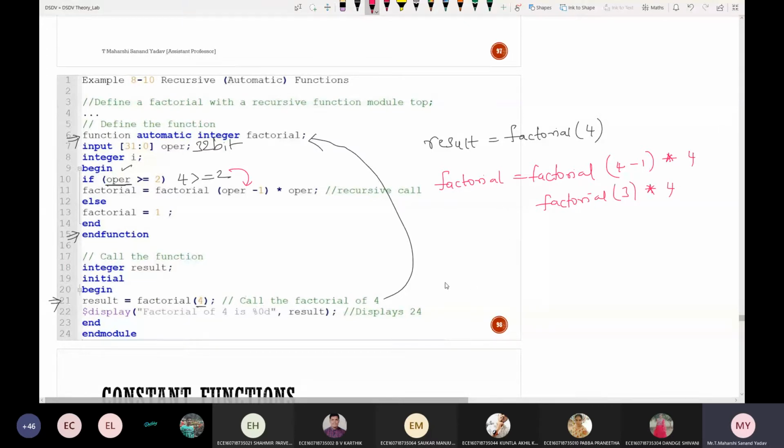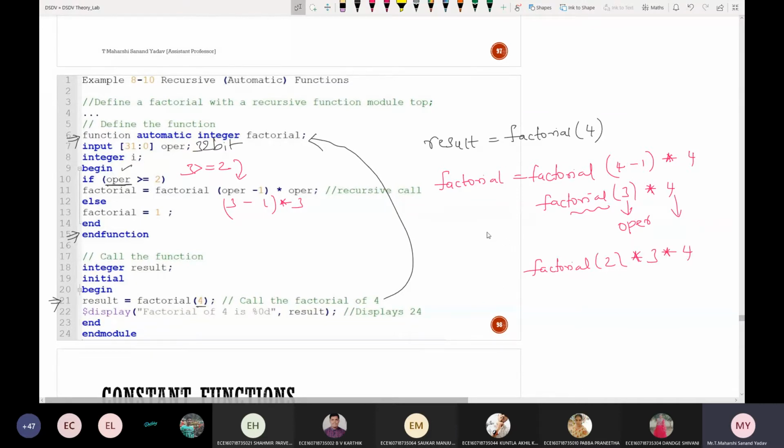Now you tell me what will happen. Next, factorial 3 is performed. Yes, again factorial 3. So function calling itself. Again the control comes here and it will check that particular operator value. Now this becomes OPER. Is 3 greater than or equal to 2? Yes. So again you need to do this. It's simply factorial 3 minus 1, into 3. So this becomes factorial 2 into 3. I'm writing it here. It is factorial 2 into 3, followed by this value as it is.